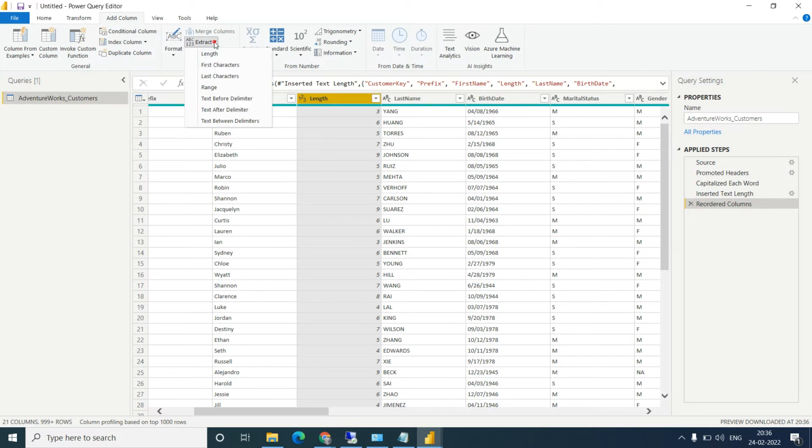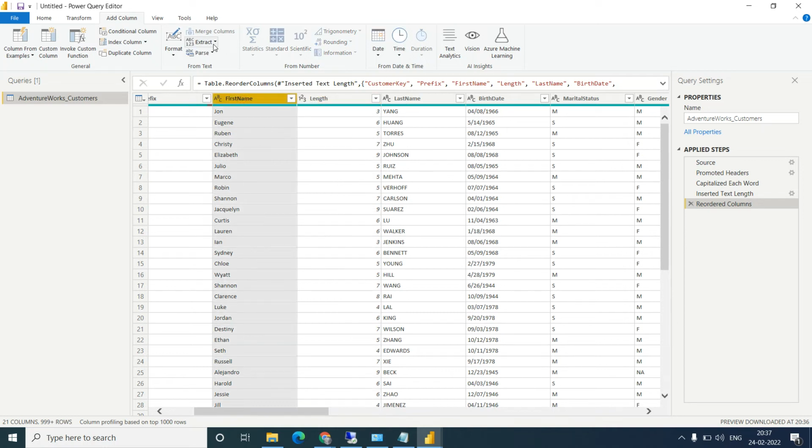Now there is another option, that is the first character. So let's see the use of the extract, that is the use of the first character. Let's click on the first character.